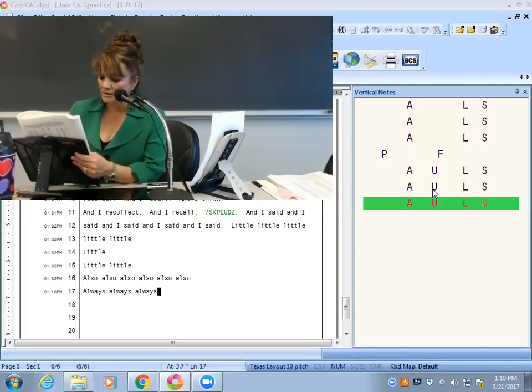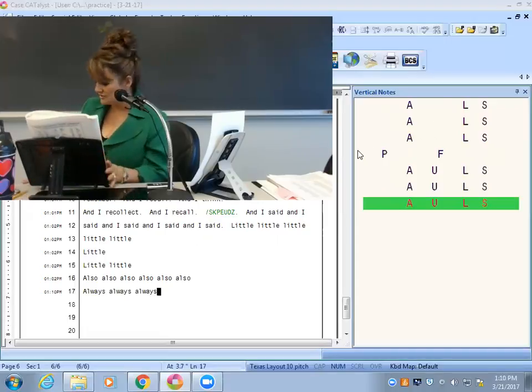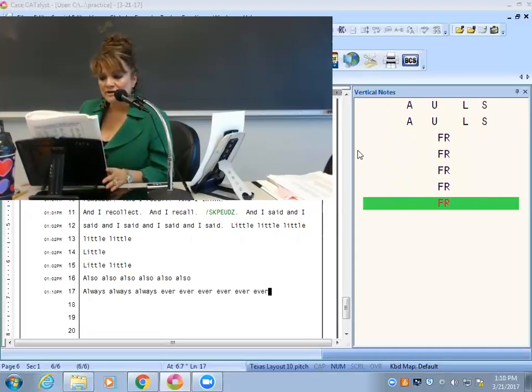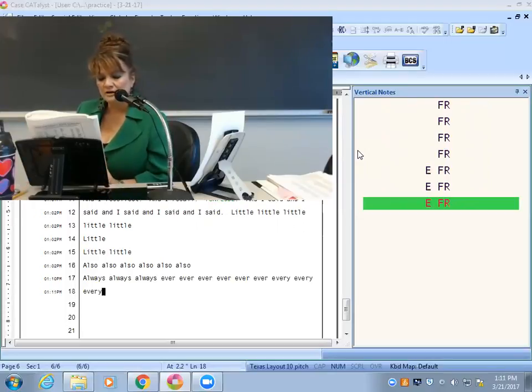Yes. And then I'm trying to think, what else do I remember? The same with ever. Ever is just FR. Every is a little longer, it's got more letters, so you add the E. I don't know if that helps. Ever is just a shorter word, so it's only FR. Every, you add the E.